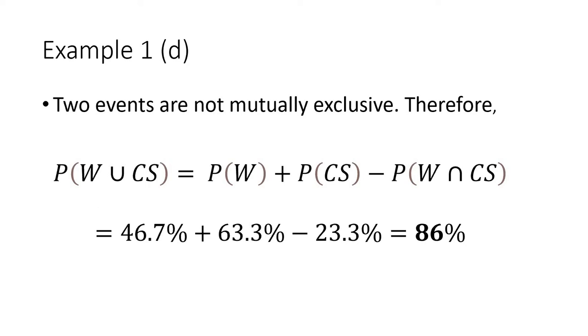So we want to exclude the probability that a randomly picked student is a woman who is taking computer science classes. So the probability that a randomly picked student is a woman or is taking computer science classes is equal to